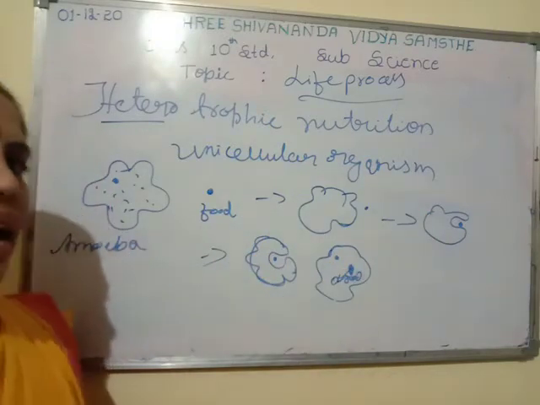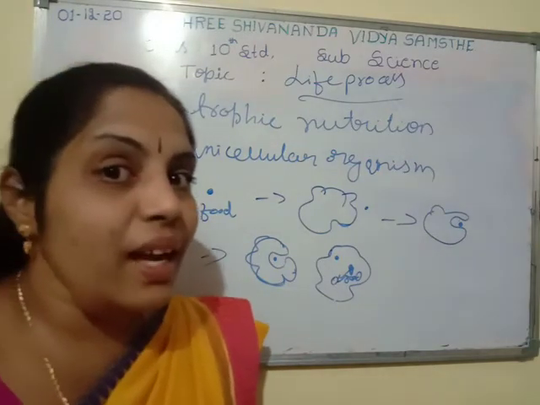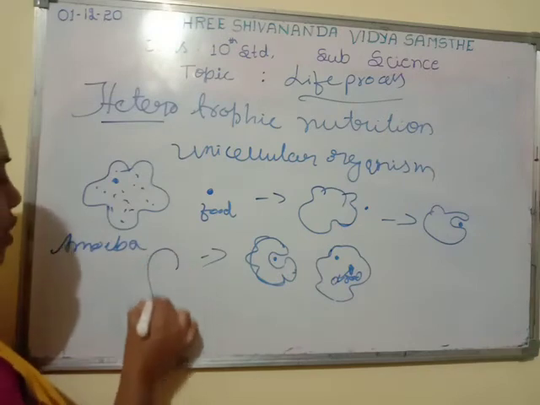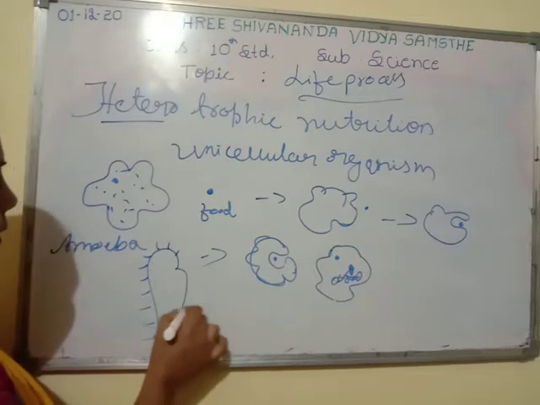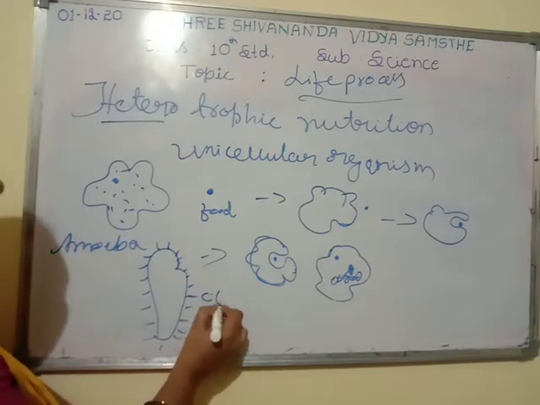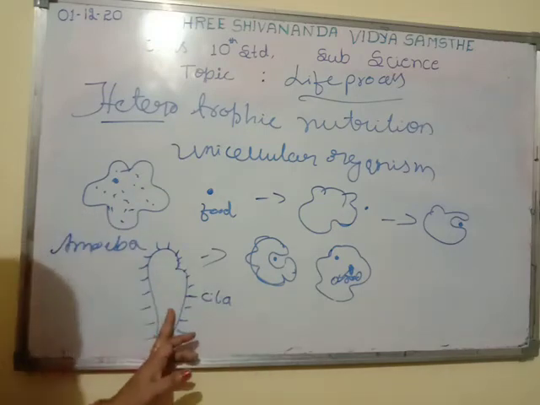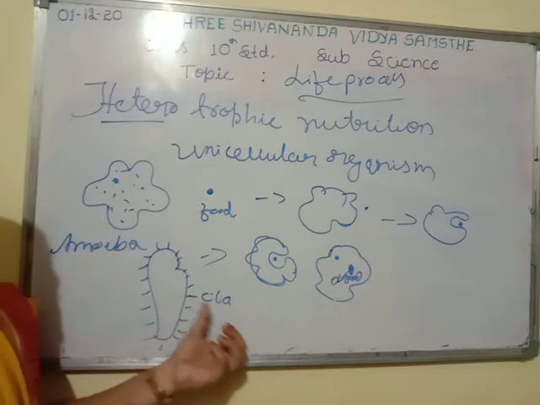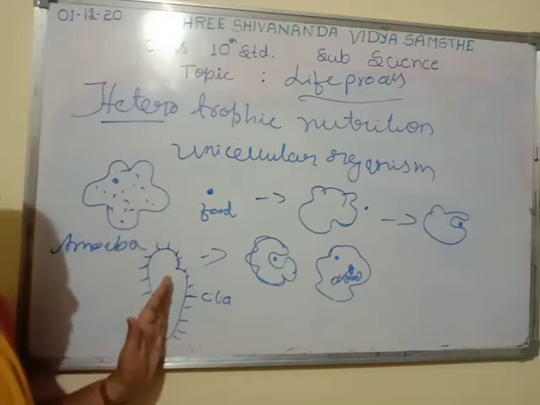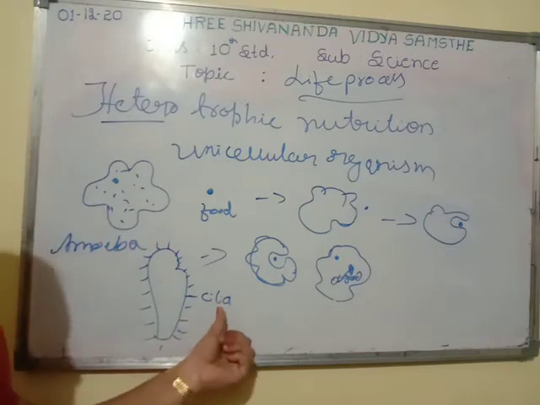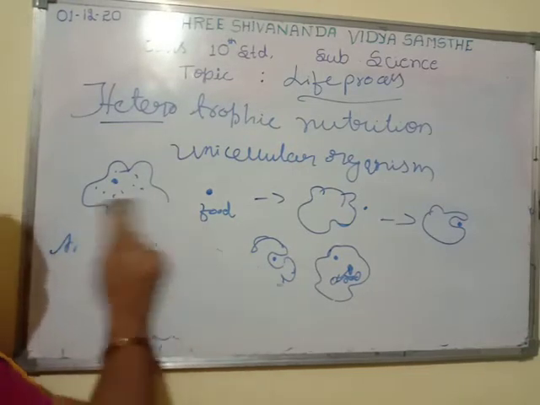But in the case of paramecium, which is also a unicellular organism, it looks like this. A number of cilia are there, and with the help of these cilia they catch the food and engulf it into the body. So that is nutrition in amoeba and nutrition in paramecium, with the help of cilia. Next, a very important topic is